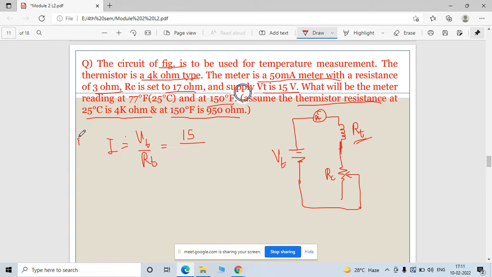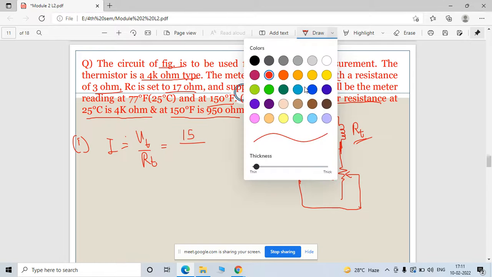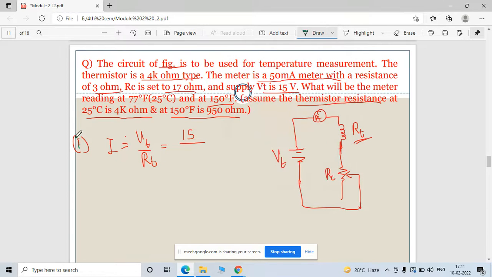This is for the first condition, which is temperature at 77 degree Fahrenheit, or you can say 25 degree Celsius. So at 25 degree Celsius, how much is it? It is 4K. So the thermistor resistance is 4K, plus this RC resistance of 17, plus